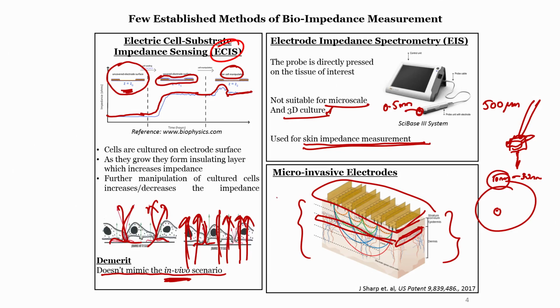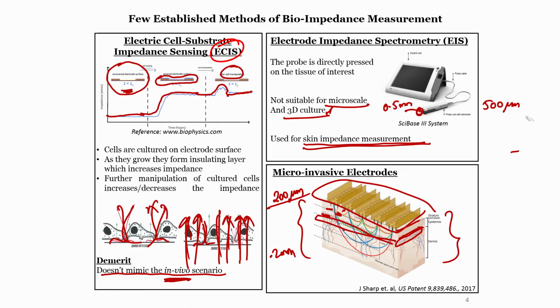Let us assume that this is located around 200 micrometer, or 0.2 mm, below the skin surface. Then these micro electrodes do not reach this nerve, they end somewhere in between. When the micro electrodes do not actually touch the nerve, you do not get the pain, and you can still do what you want to do with the electrodes. That is why they are called micro invasive electrodes, because they are not really painful, as they do not touch the nerves which are a little bit down. So that is the interesting application of these technologies.